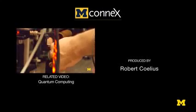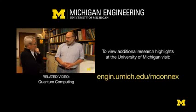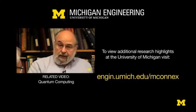In a quantum computer, we don't have bits of information. We have something called a quantum bit. And a quantum bit also takes on the value of 0 or 1, but it can also take on, and this is a little complicated,